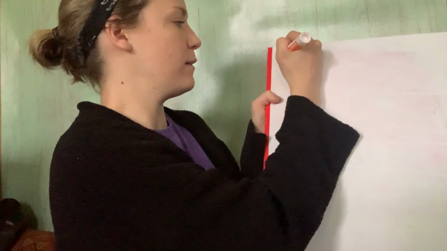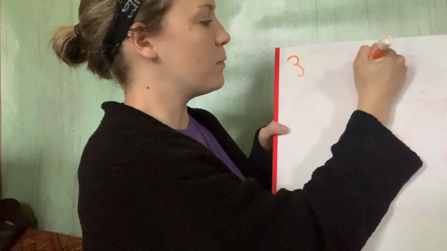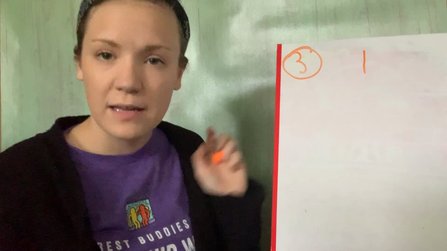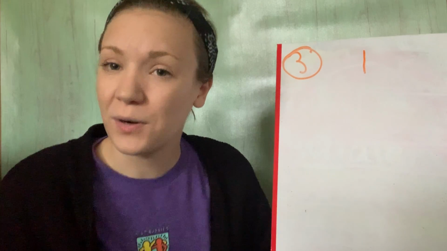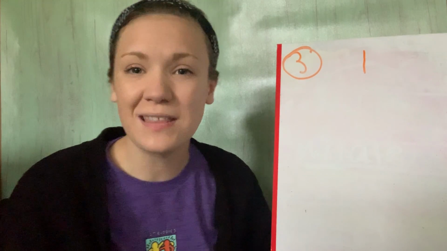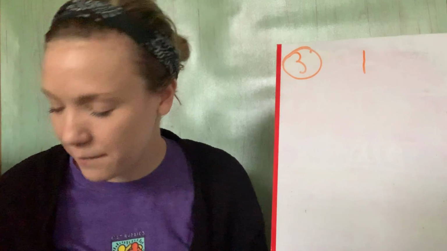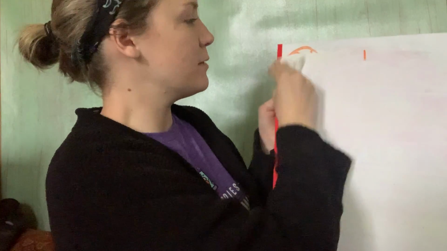So one thing that we've been doing is comparing numbers, right? We've been saying if I have the number 3 and 1, circle the bigger number. So I would circle 3 here, right? Okay. Now, as we get older, we are going to be learning new things, and now that we have mastered this, it's time to move on to the next step. So, what we're going to be doing is we're going to be learning